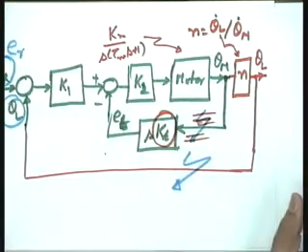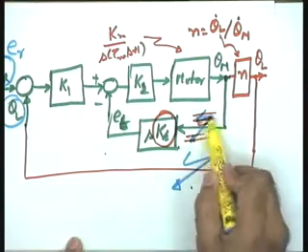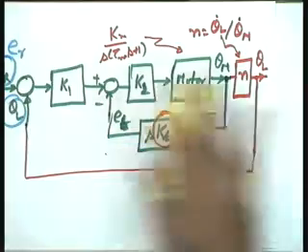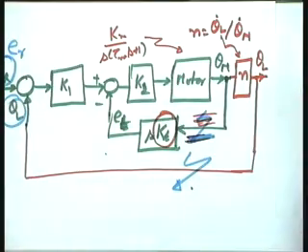Now this is the last question, answer this question and go. That is, if I break this loop and this loop is there in the system, the same system was working, how would this system work and what will be the nature of the performance of the system? Yes. Speed control. Yes, please write. It is right. Please see that your original position control system now is a speed control system.